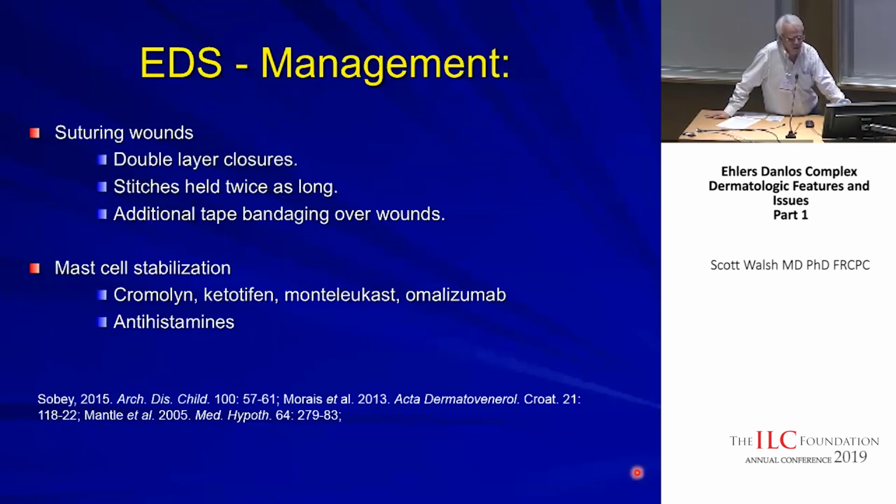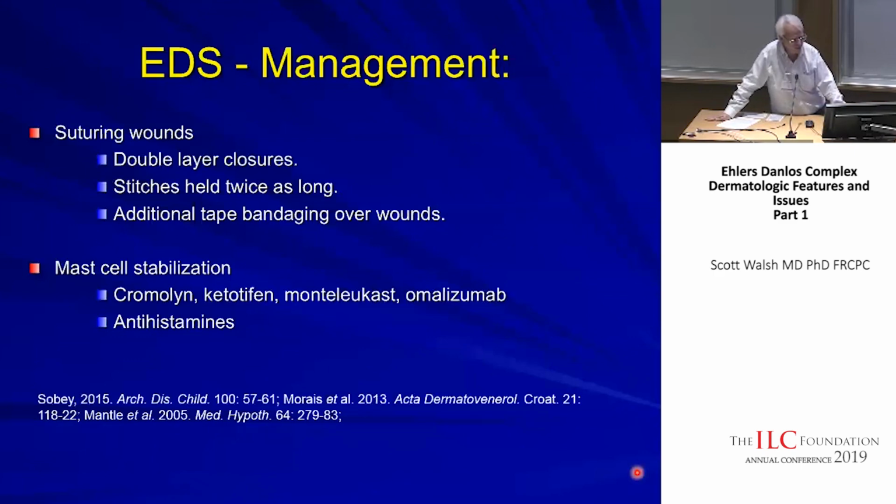Mast cell stabilization. So we had good talks on this today. There's a whole bunch of things we try to do to stabilize mast cells. And then we think about blocking one of the receptors. Remember, mast cells make many different things. Whether it's heparin, they make serotonin, so you have to block serotonin receptors, leukotrienes. That's a little bit of a gray area because we use non-steroidal anti-inflammatories for that, which can exacerbate mast cell symptoms. So trying to find out, is the person in a histamine, heparin, serotonin, or leukotriene arena,